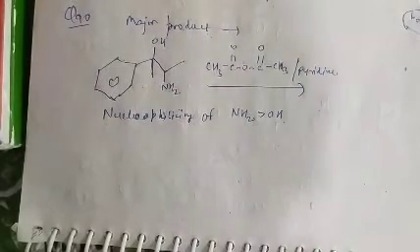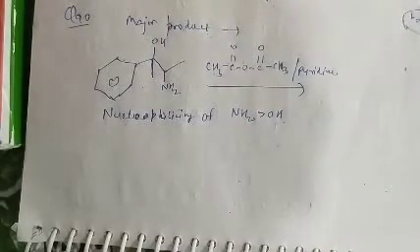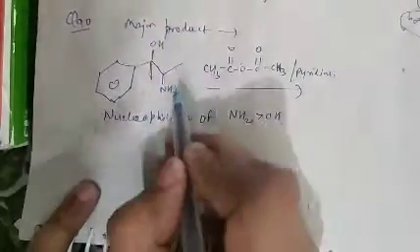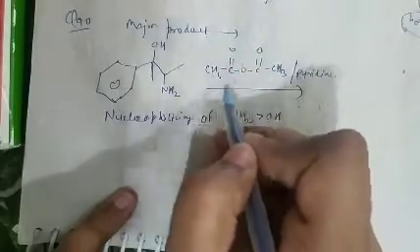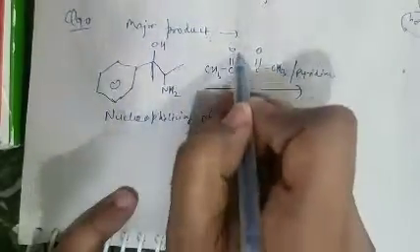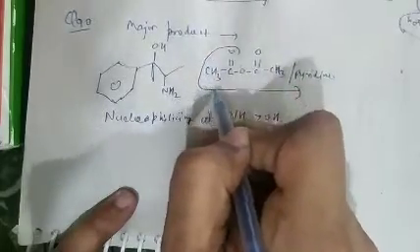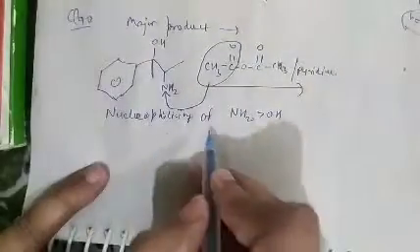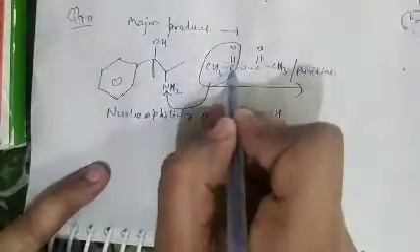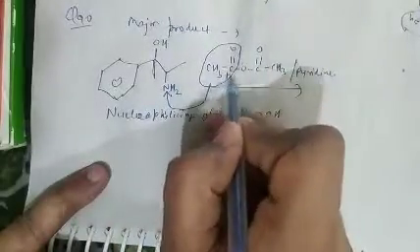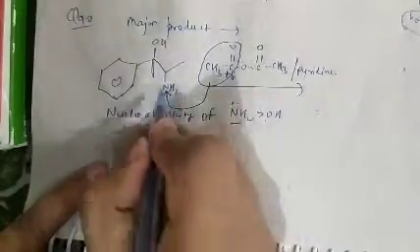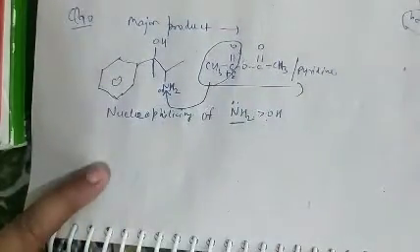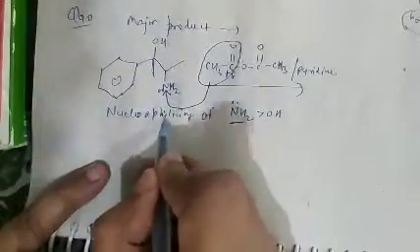So the reaction will take place on the basis of the NH2 group. So in this compound, the reaction will take place here. So water will be removed from here, as we can see that COCH3 will attack on this nitrogen atom. Due to the higher nucleophilicity of NH2, this compound will attack. So there is a positive charge, so nitrogen will attack on this carbon atom. The nitrogen atom lone pair will attack on this carbon atom, and the product formed is like this.